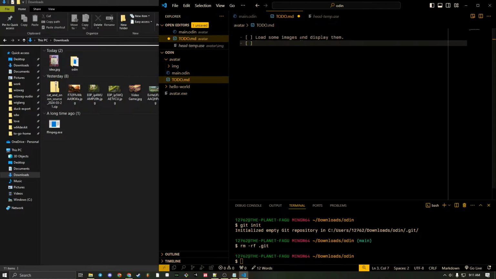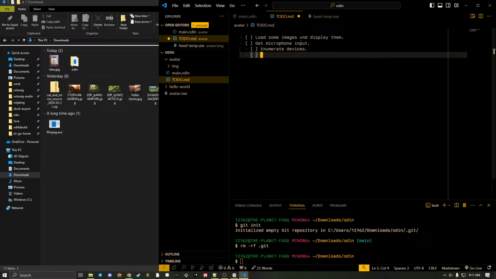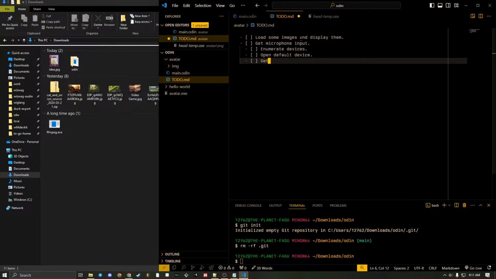And then we'll have get microphone input. So we'll have enumerate devices, open default device, and then we'll have get samples,